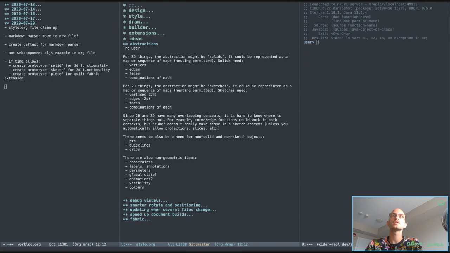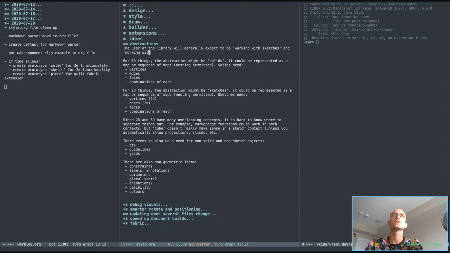The user of the library will generally expect to be working with sketches and working with solids. So make them central to the workflows and